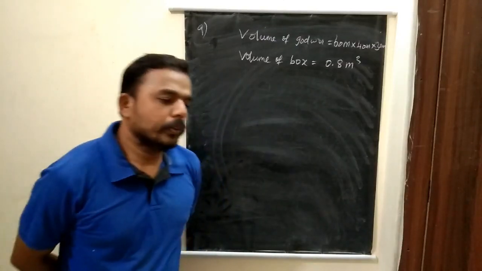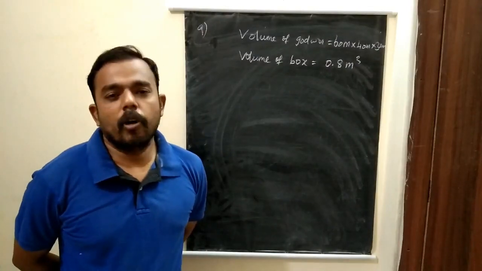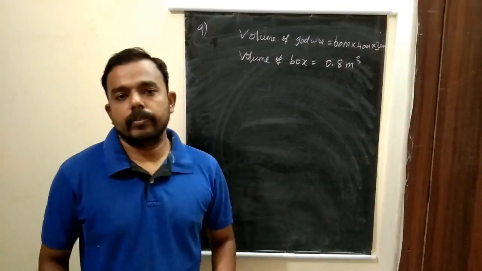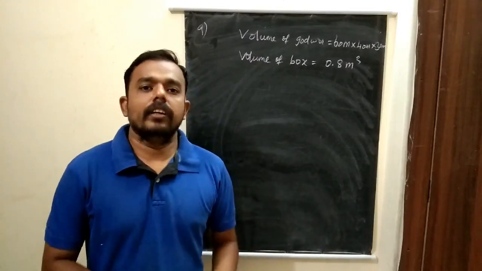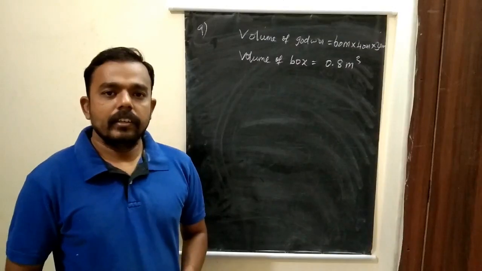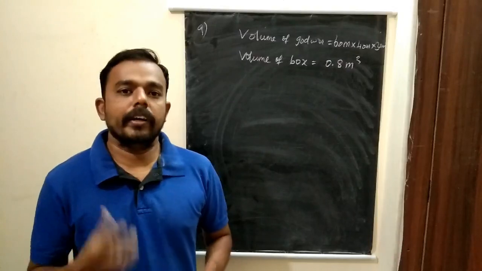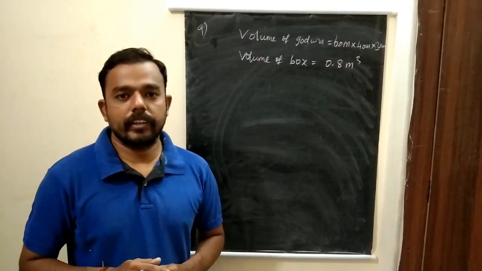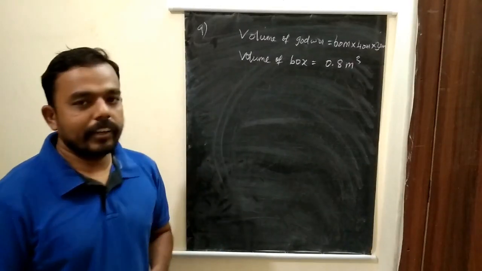Suppose you want to fix tiles in your floor. For that, how many tiles do you need to put on the particular floor? The idea is, we need to find the total area of the floor and the area of one particular tile. How many tiles are needed means the area of the floor divided by the area of one tile. We can get the number of tiles. So we need to divide the areas. Similarly, we need to divide the volumes.